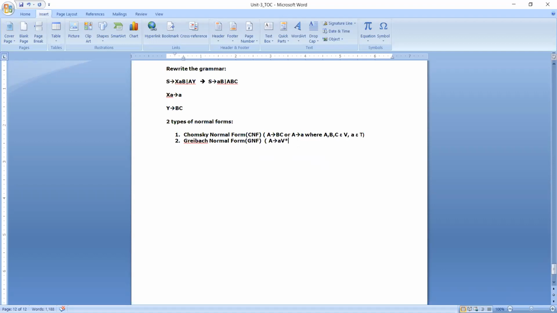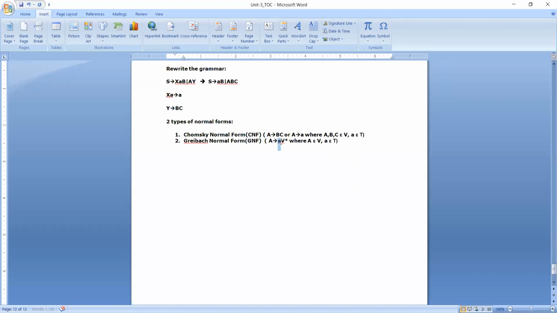A derives to aB star, where capital A belongs to variables, capital B belongs to variables, and small a belongs to terminals. In the sense, please observe,